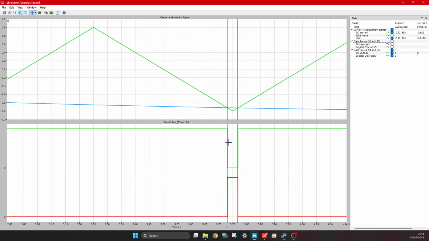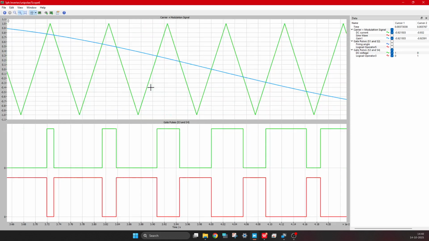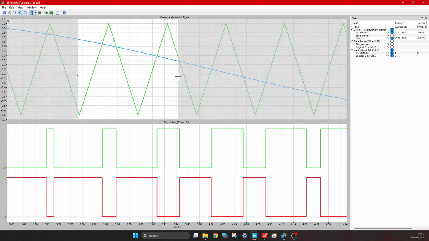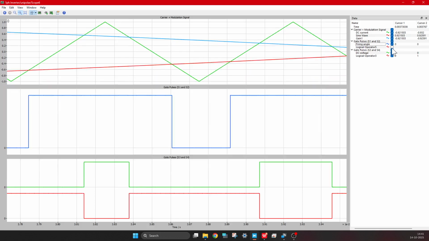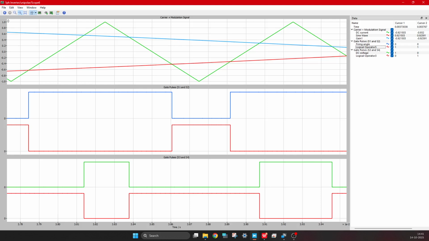So here you see it is impacted by this, right? Now I can show you anywhere else also. Here you see they're being impacted from the blue one, not from the red one. See, the red one has no impact on these pulses. So if I have to tell you, then I would say